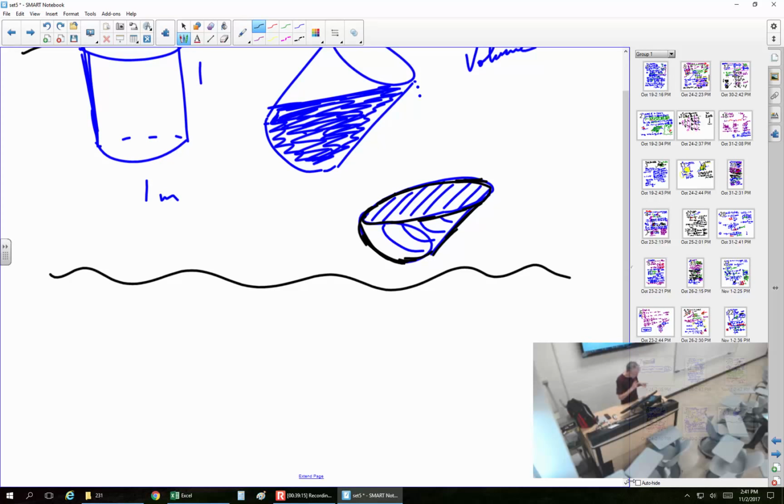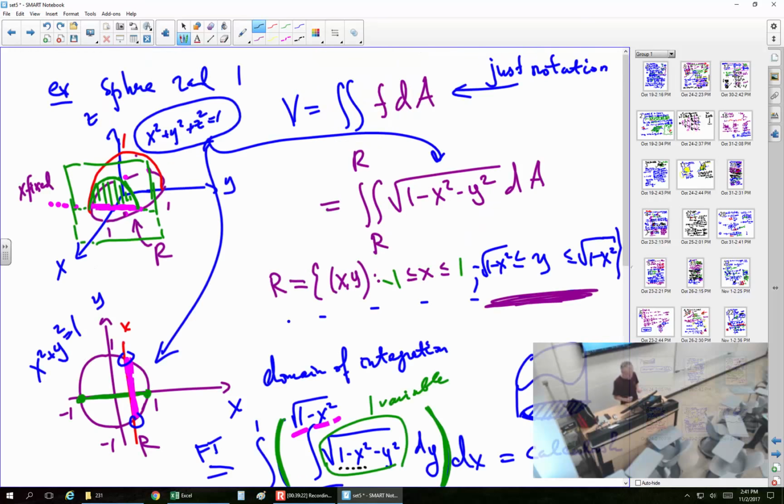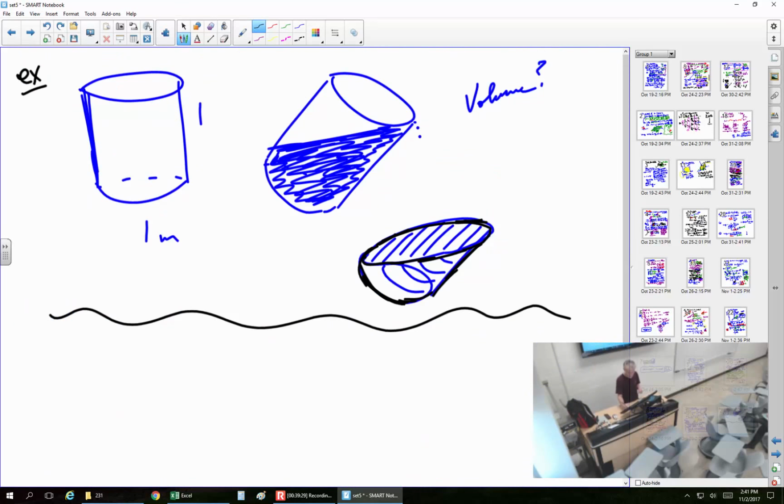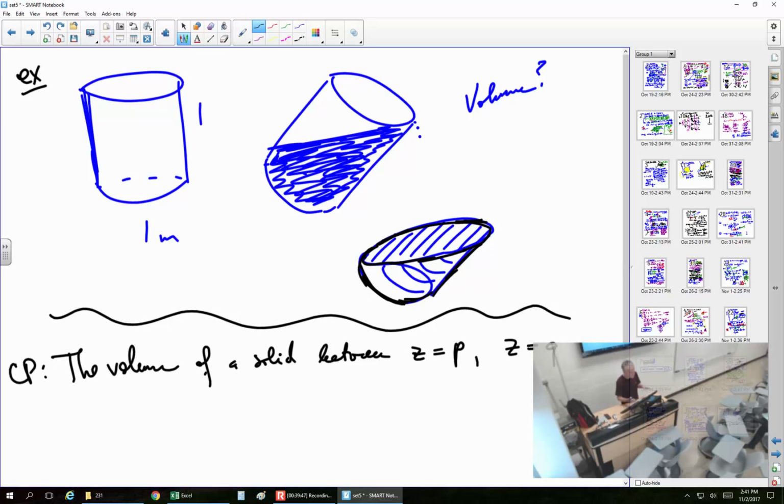Okay, so the volume of a solid is the integral of its cross sections. Well, let me write it up again. So the volume, Cavalieri's principle: the volume of a solid between, say, z equal p and z equal q. So between 2 planes,